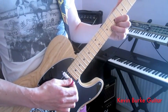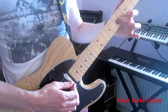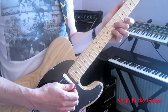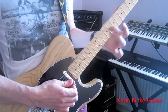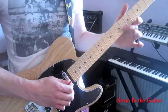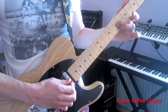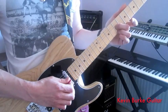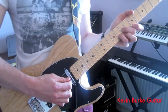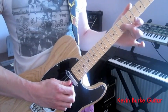But I'm going to play it with fingers, instead of 1, 2 and 3 as you'd usually play a D, I'm going to use fingers 2, 3 and 4. And that's purely preparing for the next section. The fingers are going to fall into place nicely if I do that. So I've got fret 7 on the G with my second finger. I've got fret 7 on the E with my third finger, and I've got fret 8 on the B with my little finger. I'm going to strum all 3 strings,